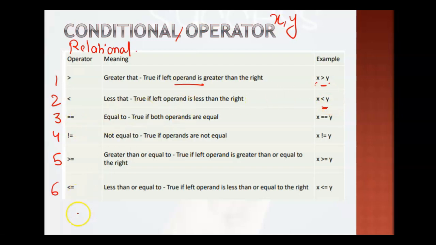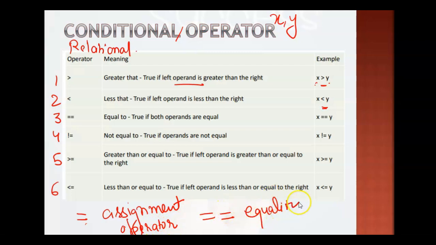And the equal to. In mathematics we use a single equal for checking equality, whether the LHS is equal to the RHS or not. But in computer science, single equal is not equality, right? The double equal is actually the equality. This single equal is called the assignment operator, which is used to assign a value, and double equal is actually used to find the equality, like whether LHS is equal to RHS or not, right? So assignment operator and equality operator. This one is the equality, which is a part of the conditional operator.